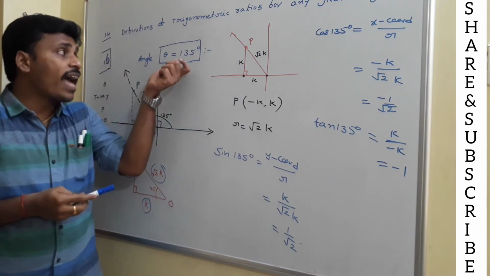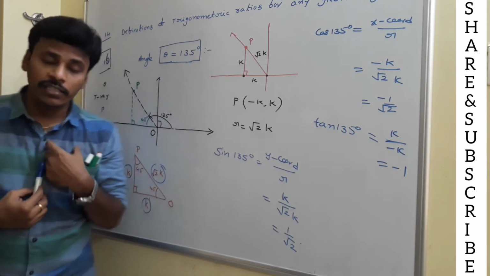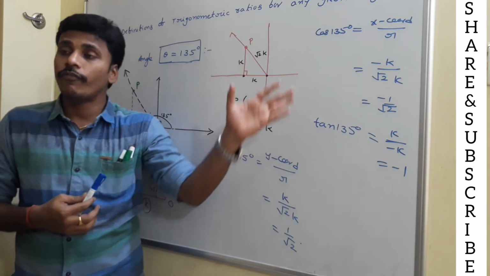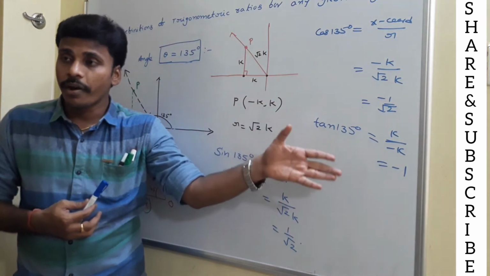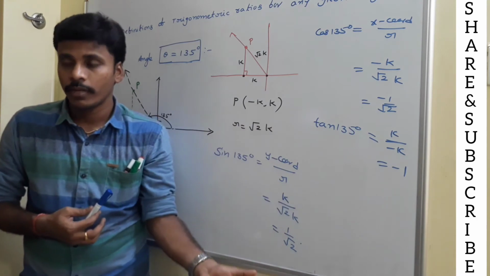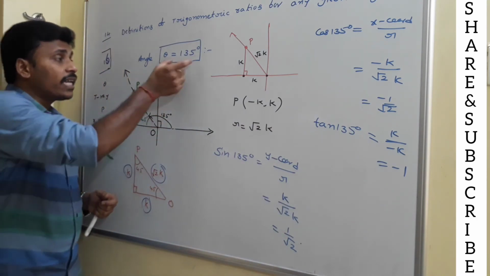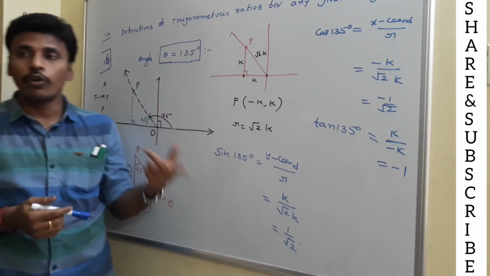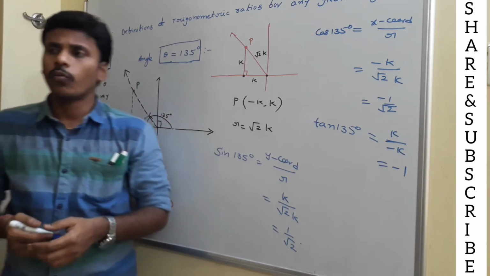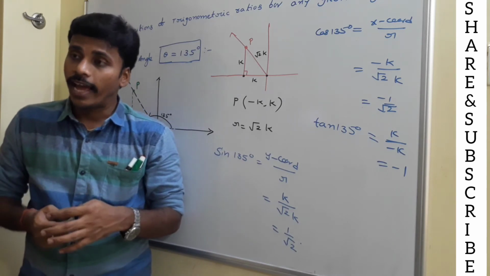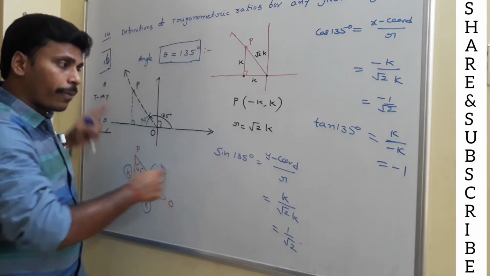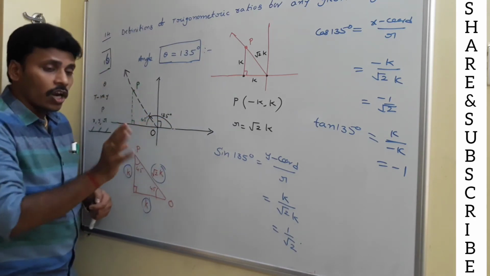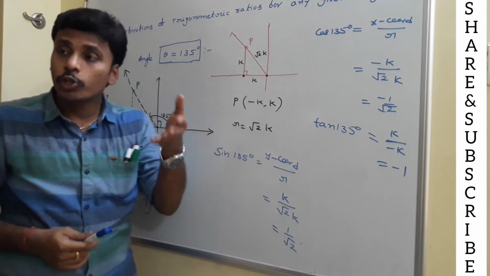See, if the angle is comfortable for us to identify a triangle and to calculate these lengths, then it is easy for all of us to calculate the trigonometric ratios with pen and white paper. But suppose the angle is not a particular one like 30, 45, and these angles won't form, if it is somewhat different like 140 degrees, then instead of white paper you need to use graph paper. And in constructing the terminal ray, don't go in a rough manner, you need to use a protractor.